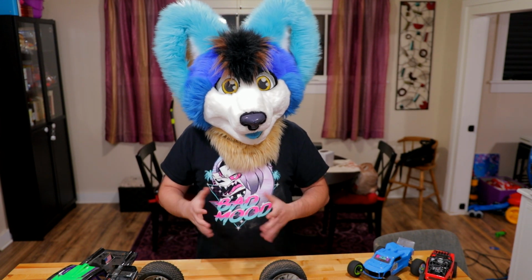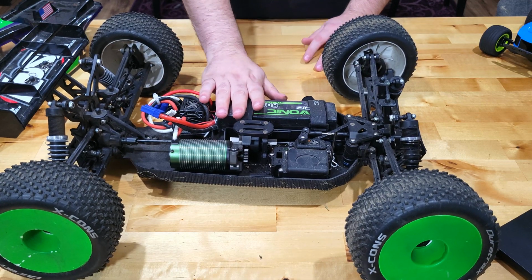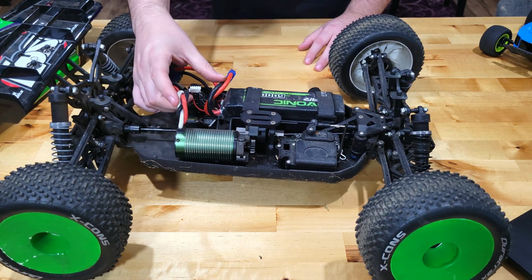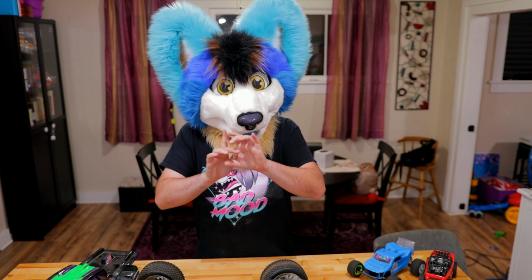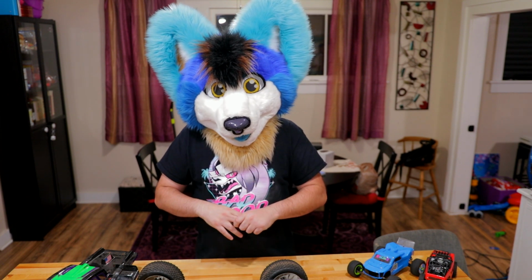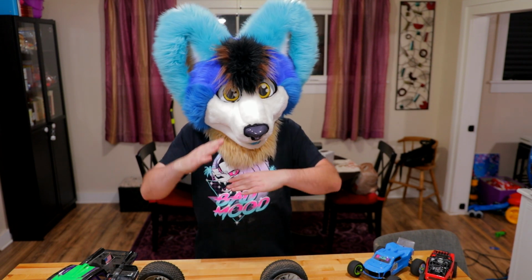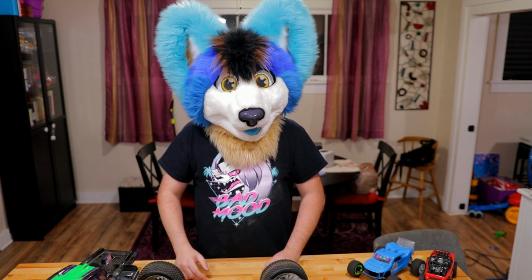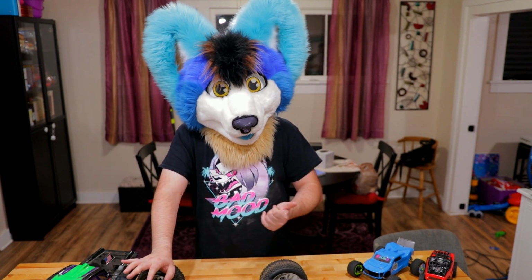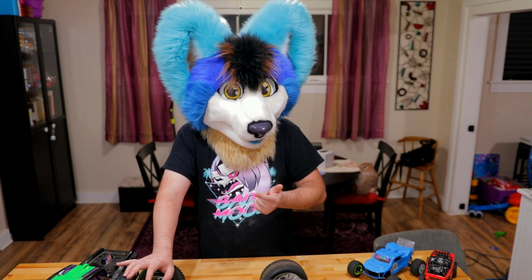And there's two types of electric systems you can go with. This right here is a brushless, and you can tell by the 3 wires. The difference between brushed and brushless is really just where the magnet is in relation to the coil. Brushed has brushes that hit another moving part and can wear out, whereas with brushless, the magnetic part floats inside and it doesn't have as much friction. So brushless is good for speed, durability, and efficiency; brushed is good for torque, rock crawling, and